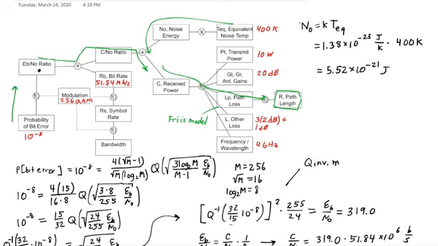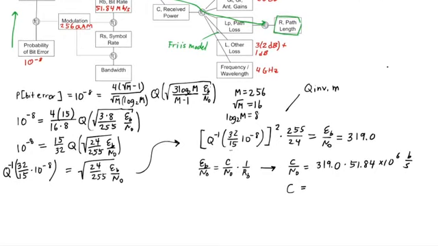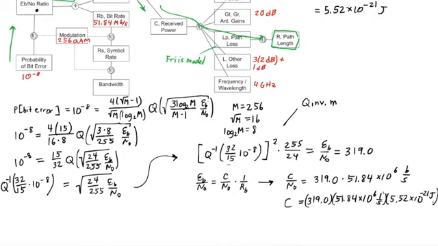Okay, these are really big numbers and really small numbers, so we just have to be careful with those numerical values. When I then multiply these together, my units are going to be joules per second, which is watts. And my power then is 9.13 times 10 to the minus 11